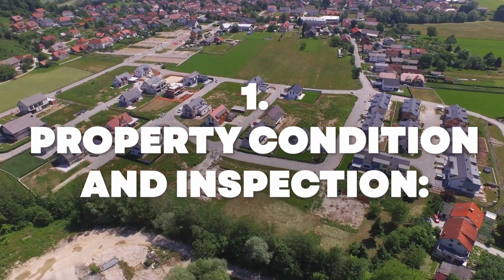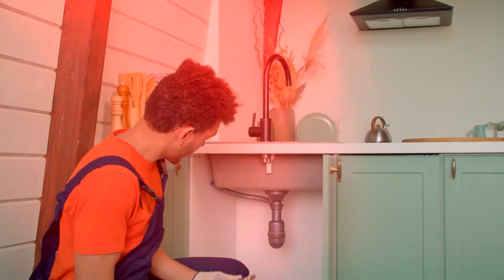Consider the property condition and getting a qualified RICS surveyor to actually come out and inspect the property. A surveyor can determine whether there's any structural issues, whether there's any need for repairs, any plumbing work that's not up to scratch and in accordance with the current regulations. And that will help keep you informed to determine how much it's actually going to cost you, because